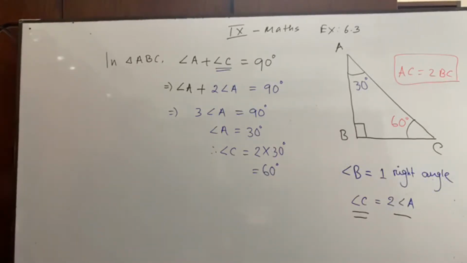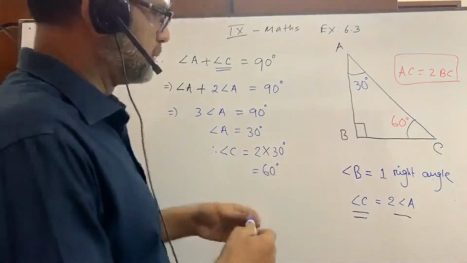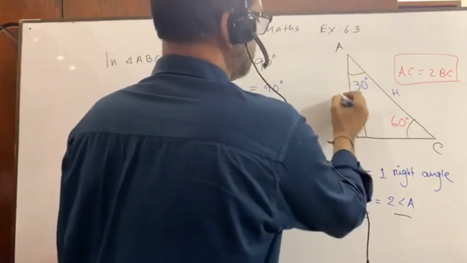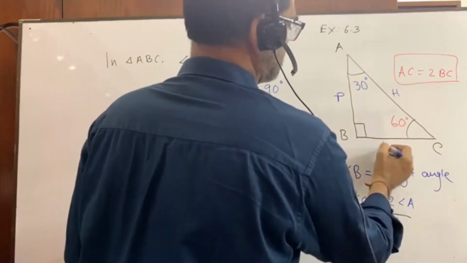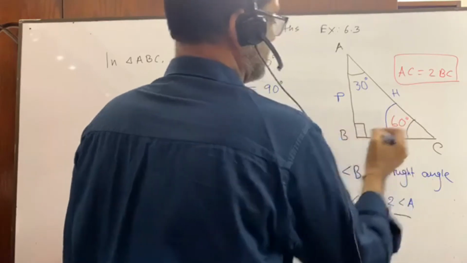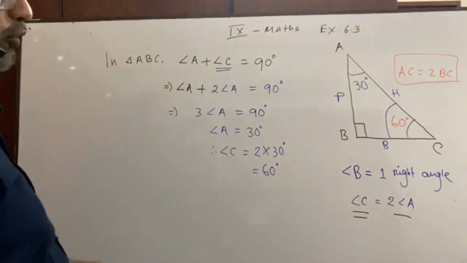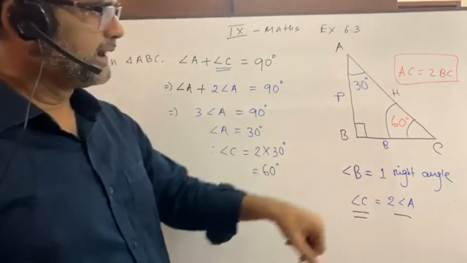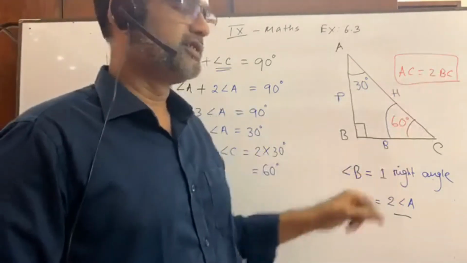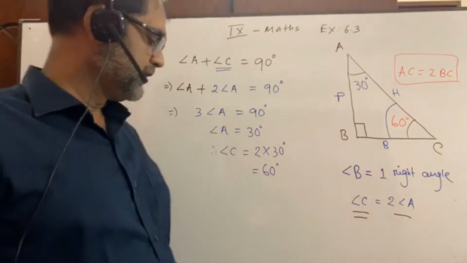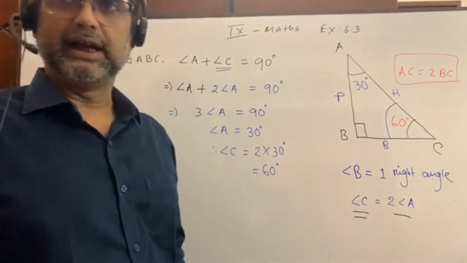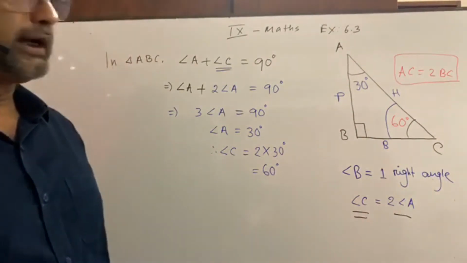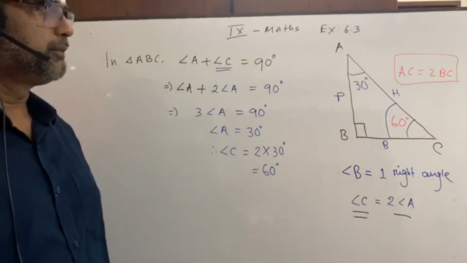Here it is hypotenuse. This is hypotenuse, this is perpendicular, and this is base with respect to angle 60 degree. So what should we write here? AC is hypotenuse here in this math, and BC is base. Which trigonometric ratio is applicable here regarding base and hypotenuse?